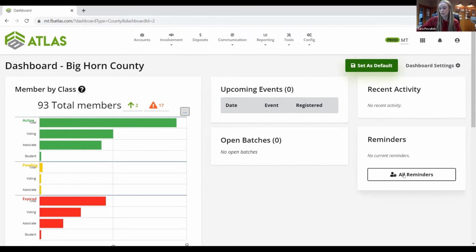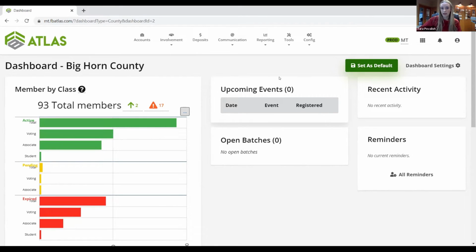Reminders, down here, is a tool that, I'm sure you can infer, reminds you. It's like a little sticky note tab. So if you have a general reminder, you can add a reminder here. You can also attach reminders to certain accounts, which I will show you when we get into someone's account, and then they'll pop up right here. So you'll be able to see, I need to send membership brochures to so-and-so, let me do that right now.